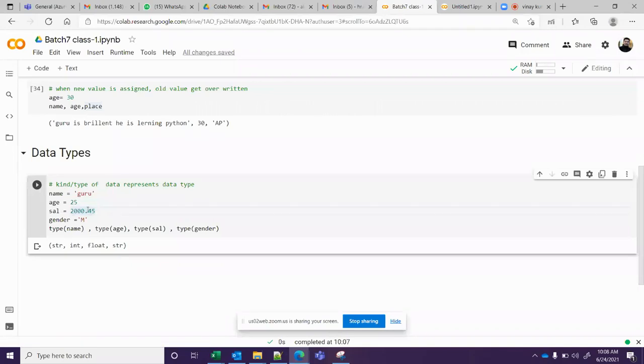How to find a data type? You can find the data type of a variable, and also the data type of a value. For 1, it is an integer. You can also find the data type of a float. Clear about this?